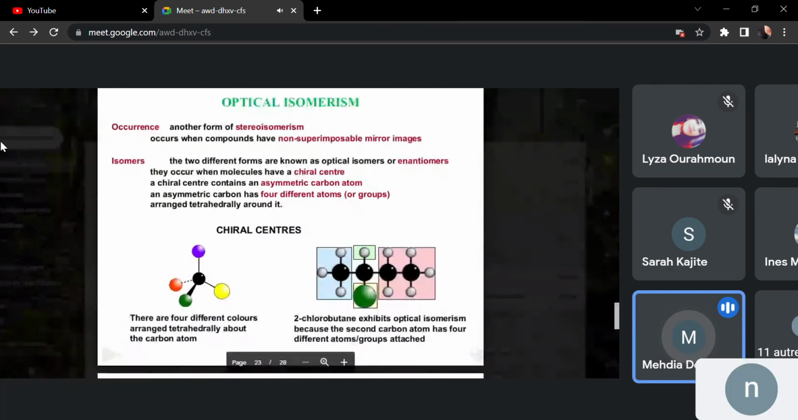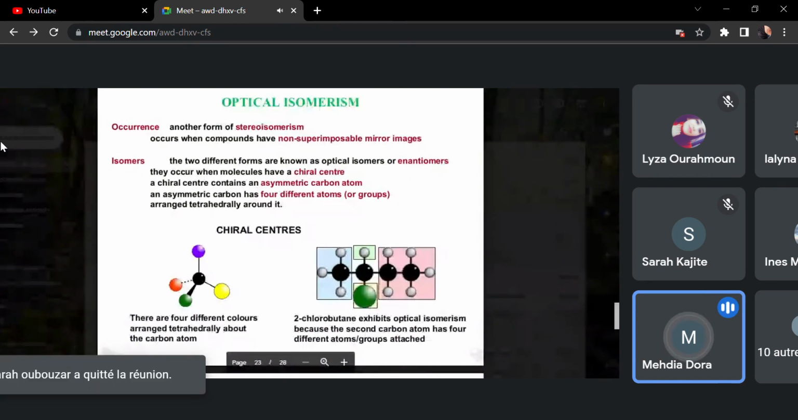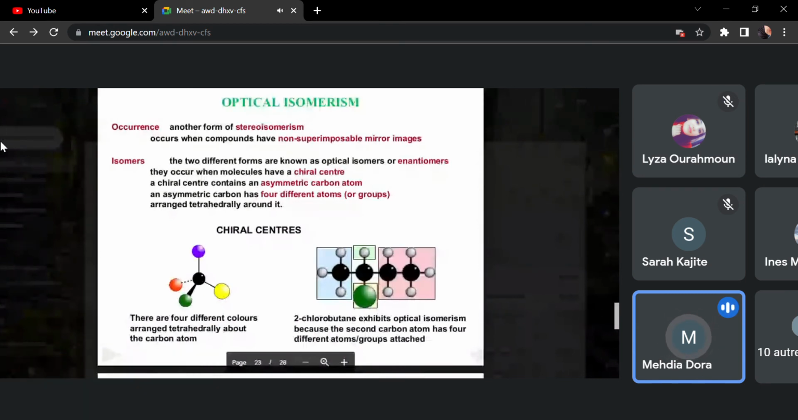So the two different forms are known as optical isomerism or enantiomers. They occur when molecules have a chiral center. A chiral center contains an asymmetric carbon atom. It means not symmetric. An asymmetric carbon has 4 different atoms or groups arranged